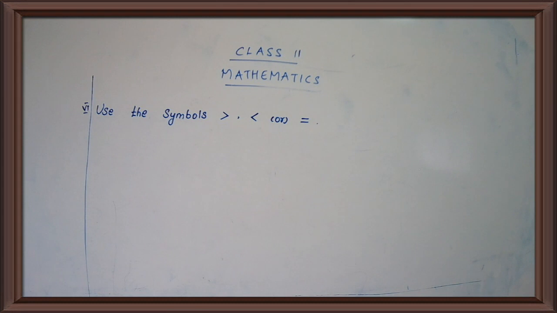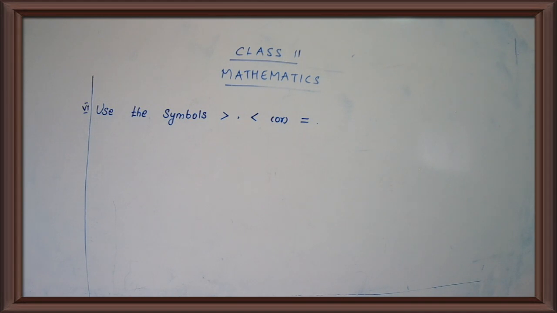Which hand do you have more chocolates? Which hand do you have more number of chocolates? In the right side. Yes, 6. And that side is 4. Which one is the greatest number? 6. Okay. So we have to use which symbol? Less than. Okay. 4 is less than 6.